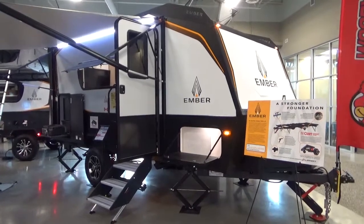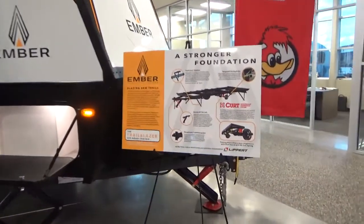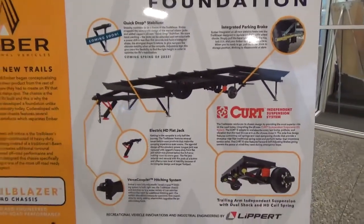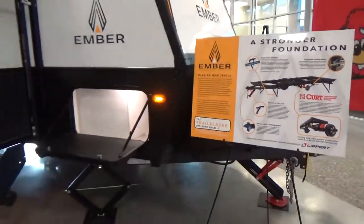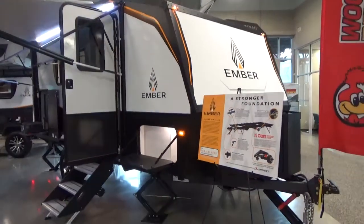How do I know this? Because I've owned them, okay? I just sold one last year, in fact. And so Ember RV is doing all the right things to ensure that your trailer is going to stand the test of time. The other really neat thing is the hull of the trailer, the construction, the way the floor